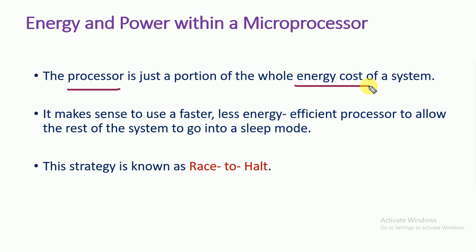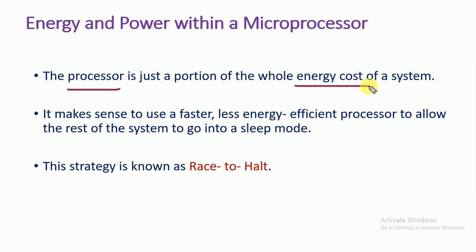of a system. All other devices, all other simple elements, also require energy, and for that we also require more power. But why are we considering the processor? It is the major part of a computer system, where we actually require the clock rate, the speed improvements, and the major processing of a particular task. So it is only a portion of the entire system, but still it is the critical part